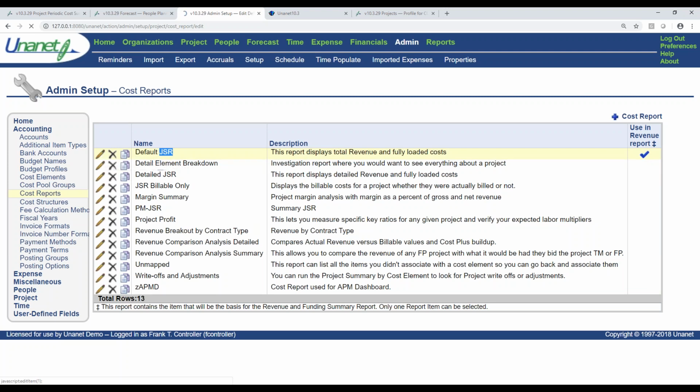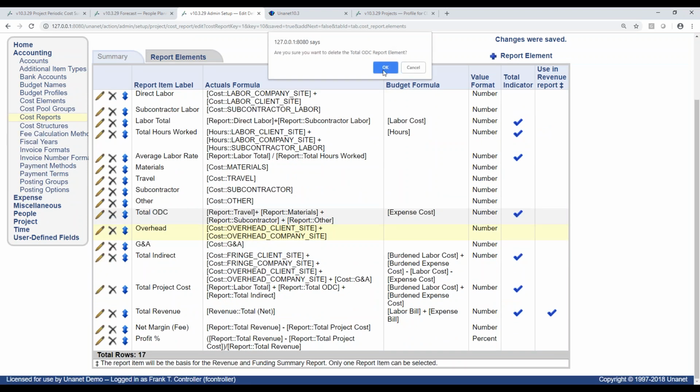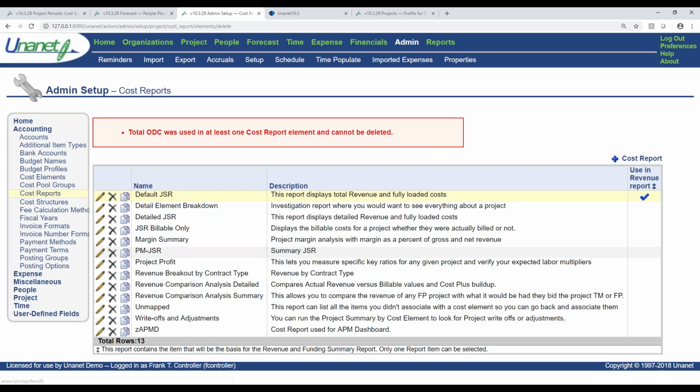And you can go in here and say, okay, here is the way that we've configured this report. This is how I choose to label the items. In the example that I gave earlier, let's say I don't want to see the detailed indirects. I don't really care that my project managers pay attention to those detailed indirects. So I'm going to remove these from my report.